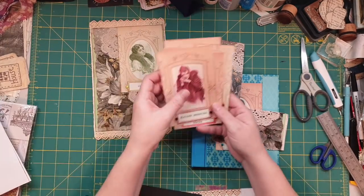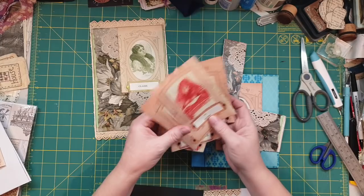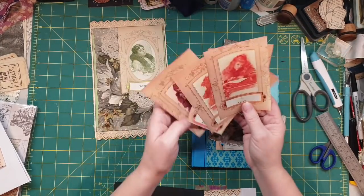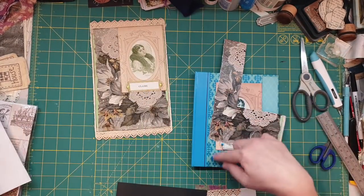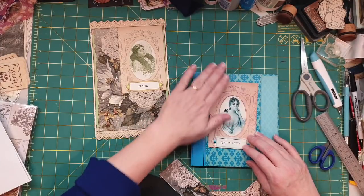That's why I've kept these like that. You can have whichever one you want. They are going to all match because they just go really well, whichever lady you want, because I've got the blue cover and I want to see some of the blue cover as well. So I've gotten her,